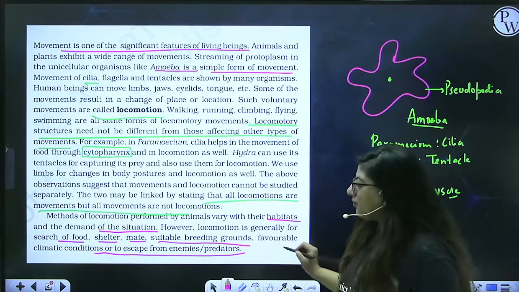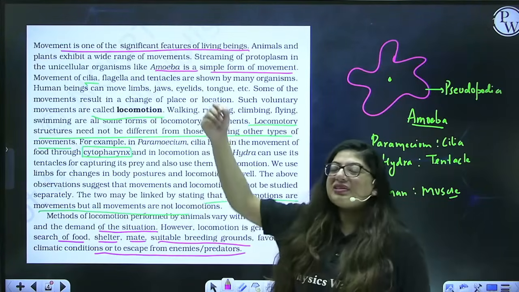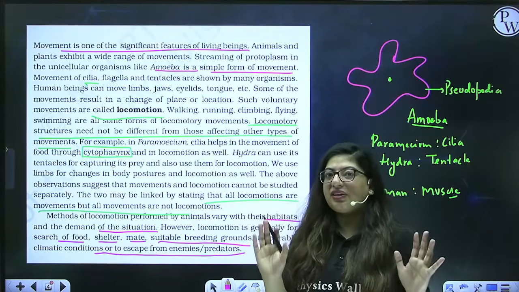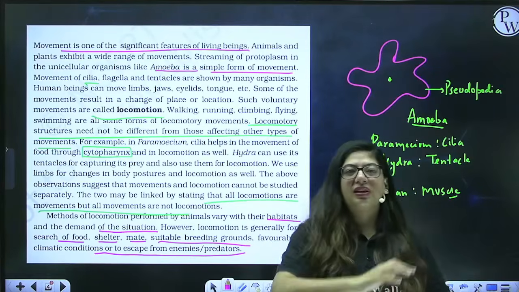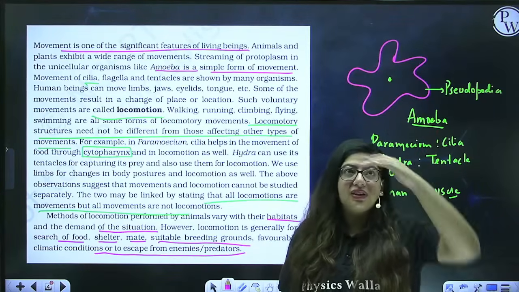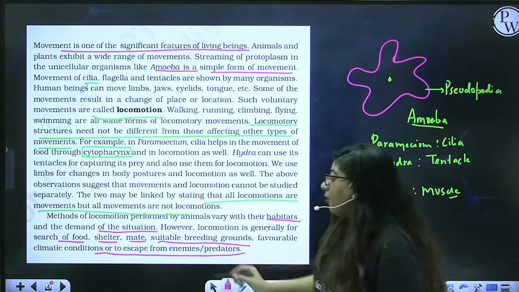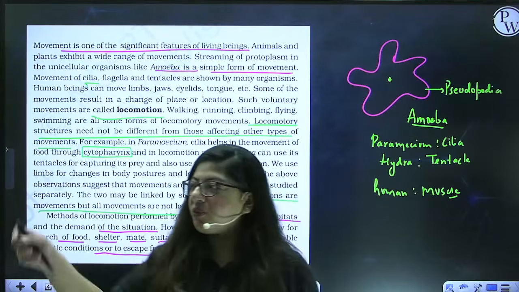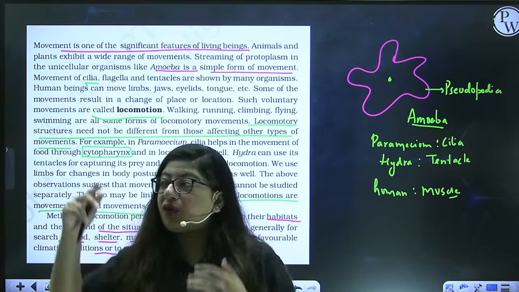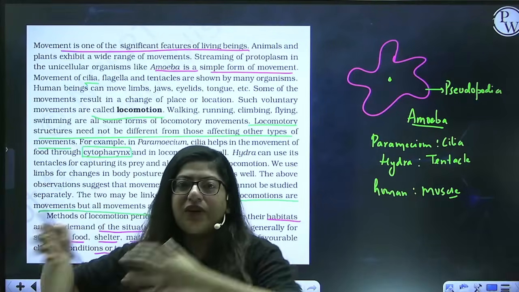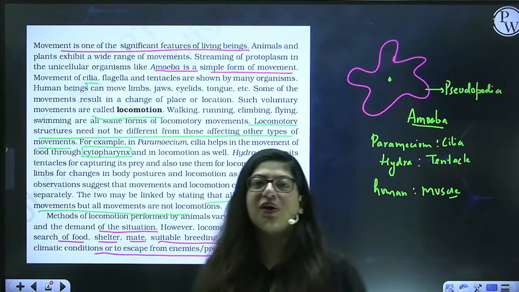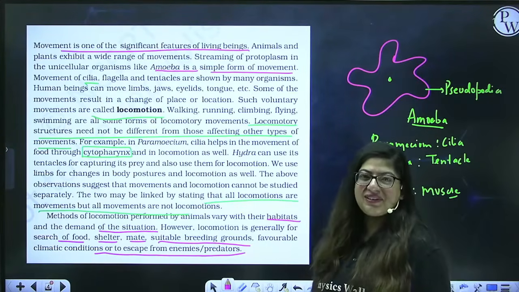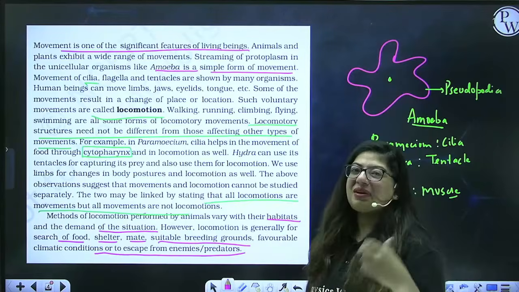Suitable breeding grounds, favorable climatic conditions. For example, there is rain outside, if you're not a plant, you just can't stand there still like that. You will use your limbs and go to some shade area where there is a shade and house or something, right? Or to escape from enemies or predators. If, for example, there is a cheetah roaming around outside, will you go outside? Or if you're already standing outside, you will run towards and go inside the house. So this is how you can also run away from the enemies, right? This is about human beings, because that's relatable enough. So this is why every organism has different types of organs.